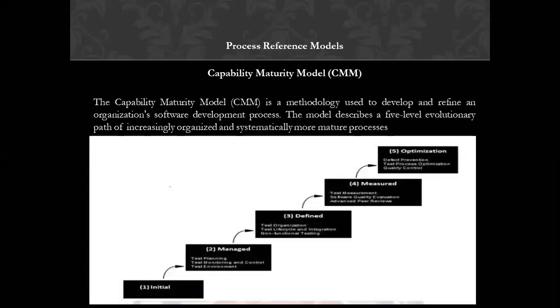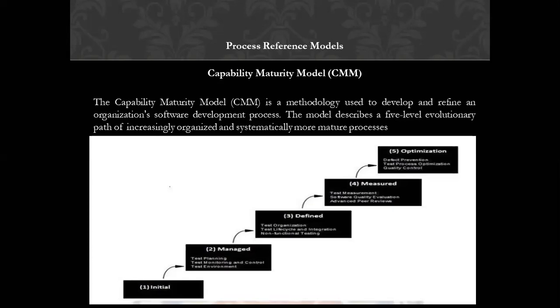The class is about the Capability Maturity Model, which was developed by the Software Engineering Institute in the USA in 1987. It is a kind of framework used to analyze the approaches and techniques followed by an organization for the development of a software product. As we discussed in the maturity framework, we have to check the level of the organization, what kind of process they are following, and at what level they are working.